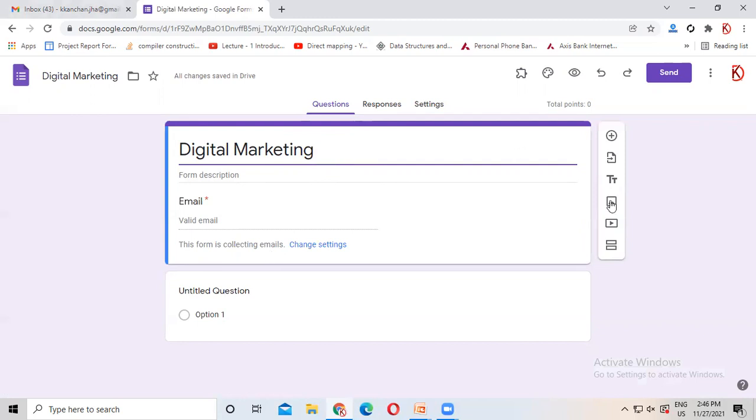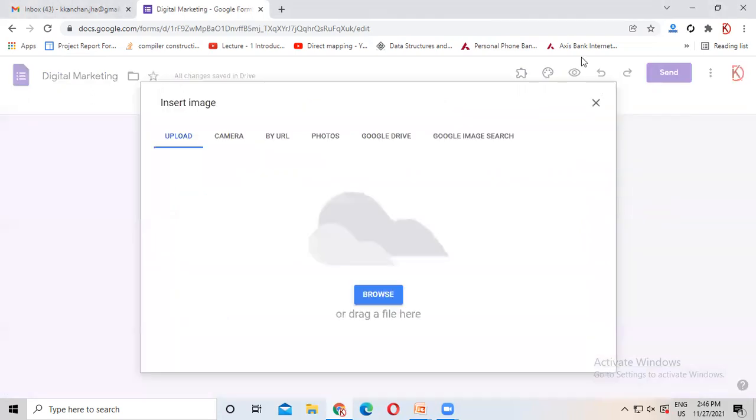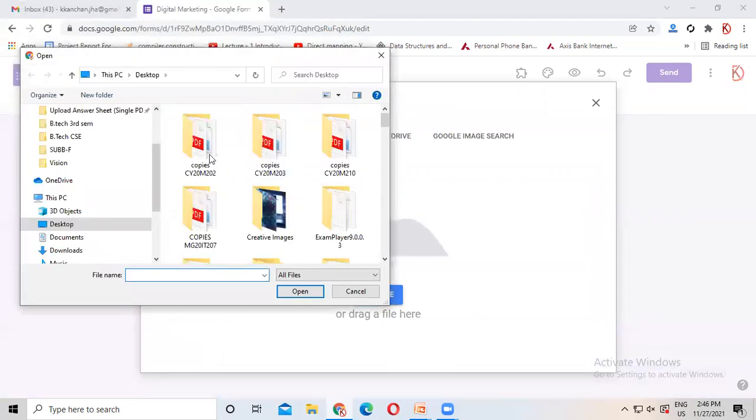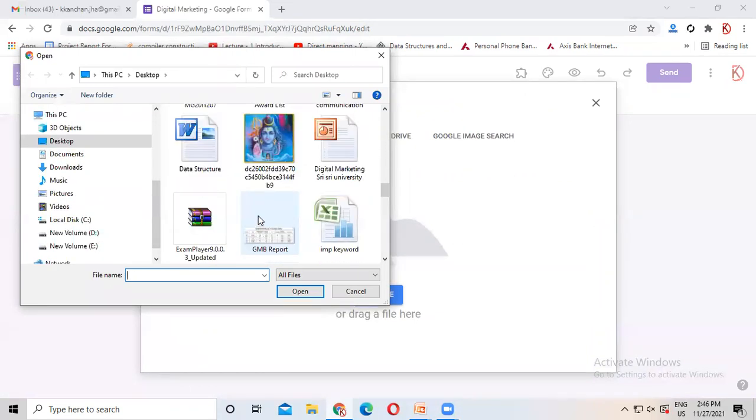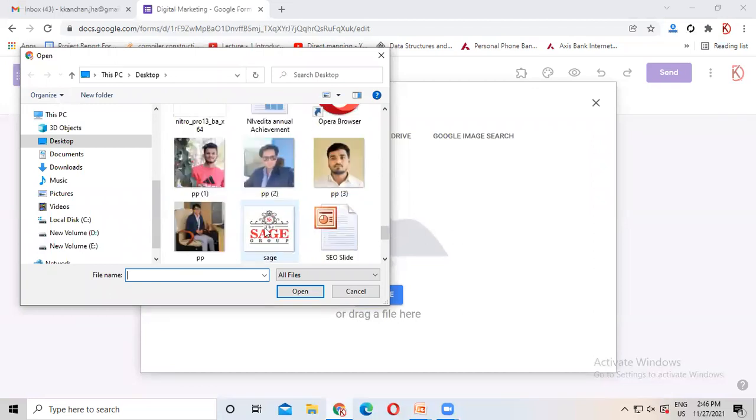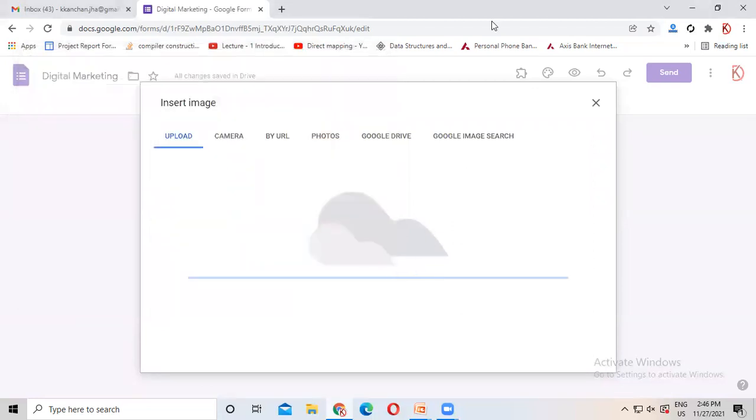After this, if I want some image to make it attractive or user friendly, then just click on the image section and go to the device from where you want to take your image. Just select the image and upload it.